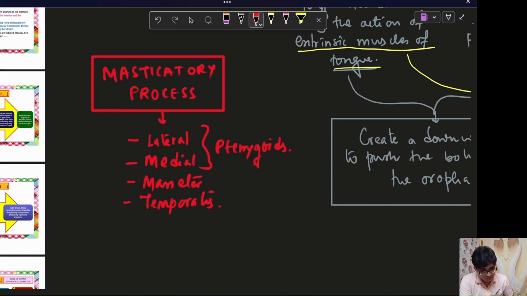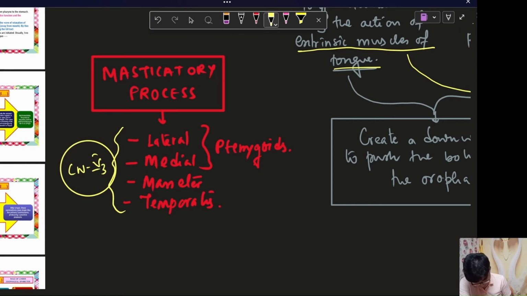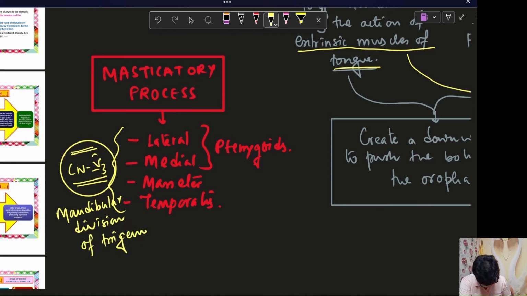Correct? So each and every muscle in this group is being innervated by cranial nerve V3. That means the mandibular division of trigeminal nerve. Correct? That is the point to remember at this moment. Next,